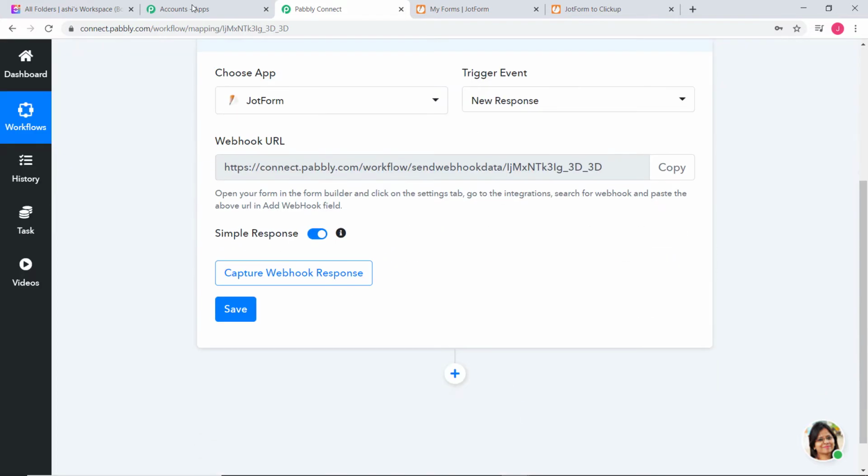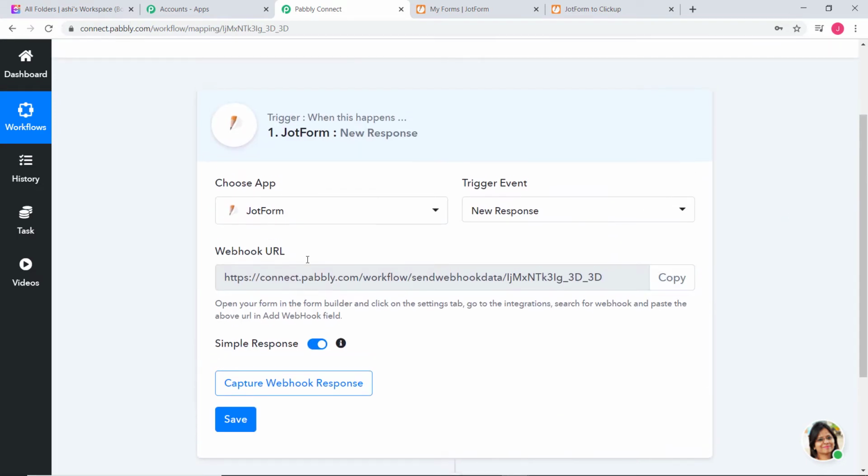So now when you come down, after choosing the app and after choosing the trigger event, you can see a webhook URL displayed over here. Now what is this webhook URL and how is it helpful for us? Let me tell you that webhook is an essential way to get data from an external software at Pabbly's end. So this webhook URL helps you to build a connection between the trigger software application and Pabbly Connect. So after choosing the app and after choosing the trigger event, what we do is we copy this webhook URL from here and we go and paste it inside the trigger software application, which is JotForm in our case. So you can read the instructions carefully written over here and you can just follow them.